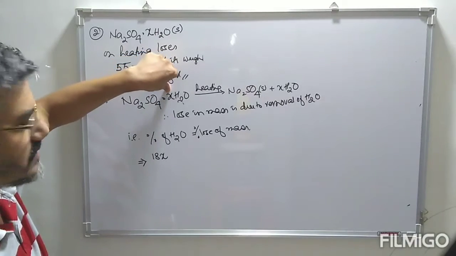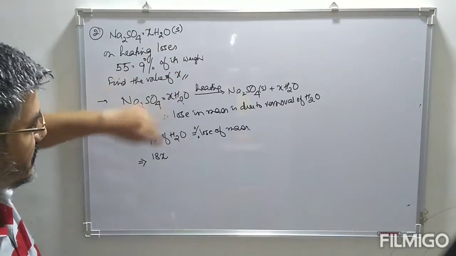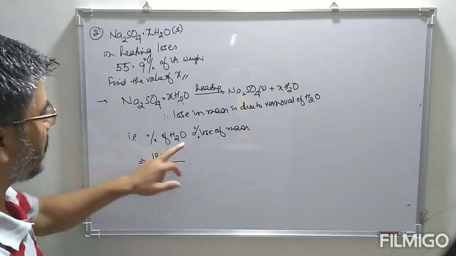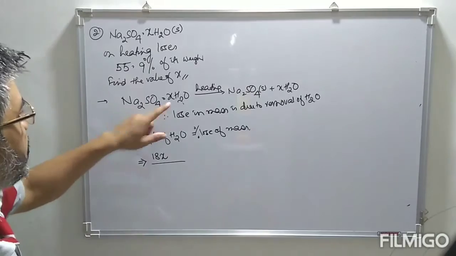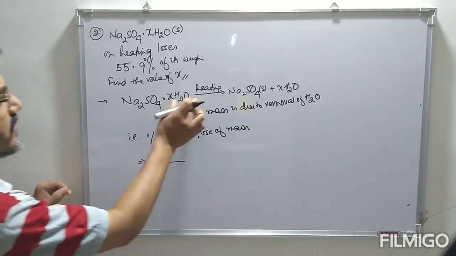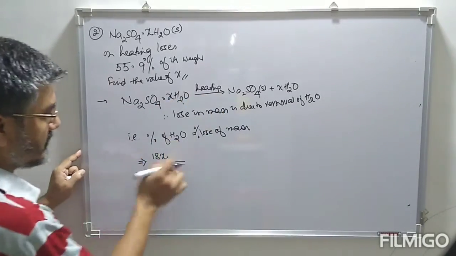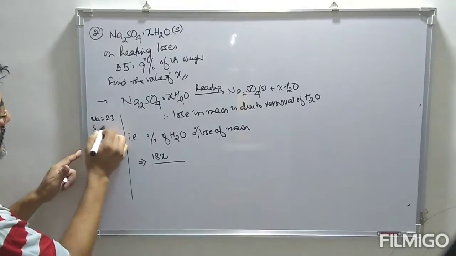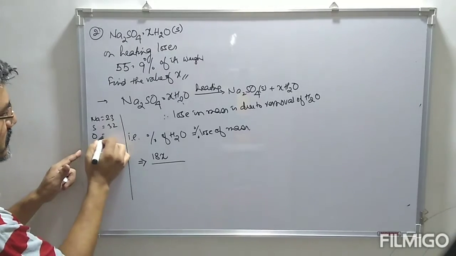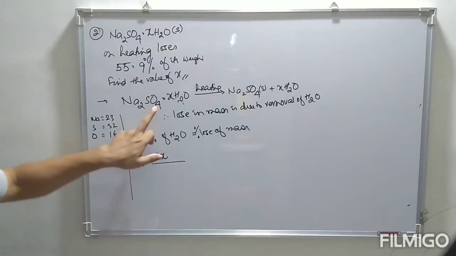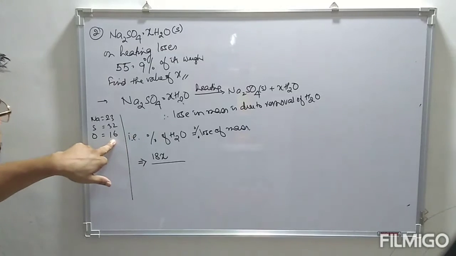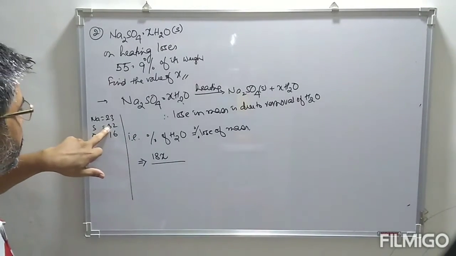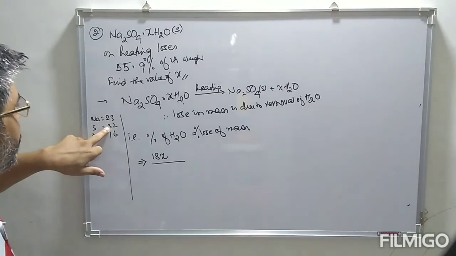How many water molecules are there? X. So the total mass of water is 18X divided by the gram molecular mass of sodium sulfate. Sodium is 23, sulfur 32, oxygen 16. So we have 16 into 4, 64, plus 32, plus